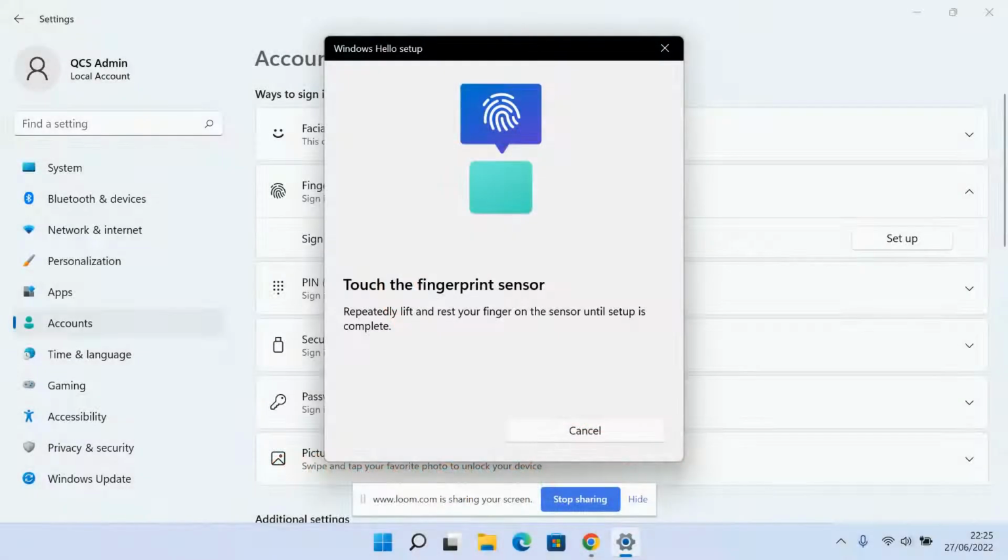Hi everyone, thanks for clicking on this tutorial where I'll show you how to remove the fingerprint data from a deleted user account in Windows 10 or 11. But first, I'll just give you some background on why this might be necessary and how I first ran into